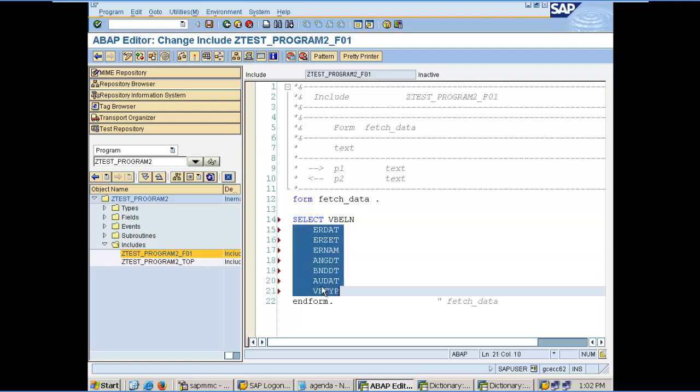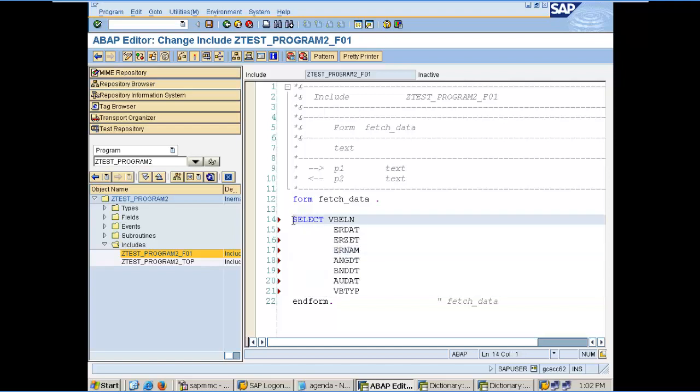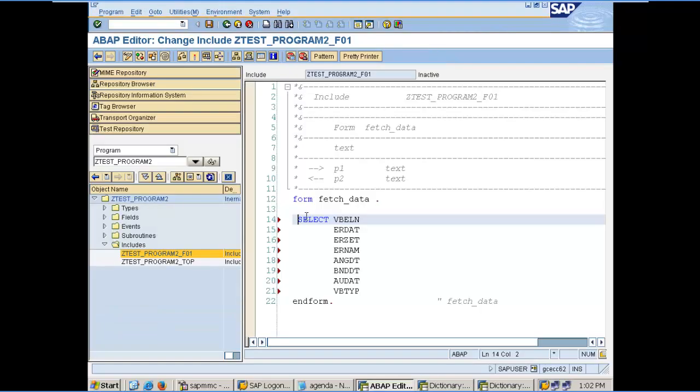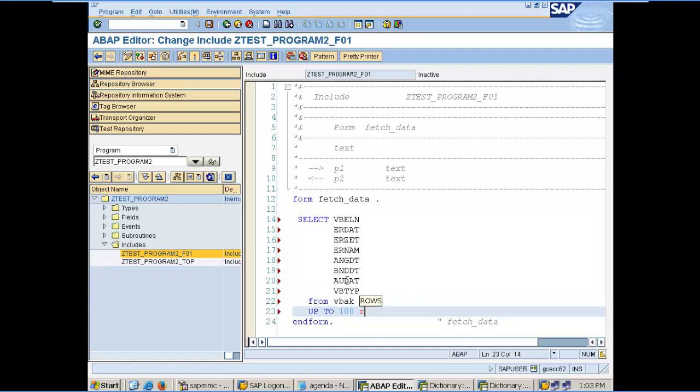From a performance point of view, you have to understand one thing: the sequence of the fields in the select criteria should match the sequence of the fields in our table, and also the sequence of the fields in the WHERE clause should match the sequence of the fields in the table, so that the source and target match, and then SAP will not make any mistake in putting the data in a different target. We will discuss it. For now, select this from VBAK UP TO 100 ROWS